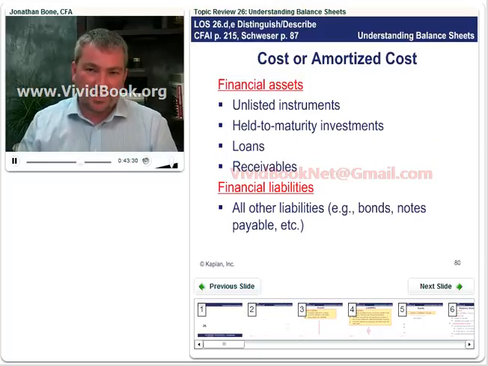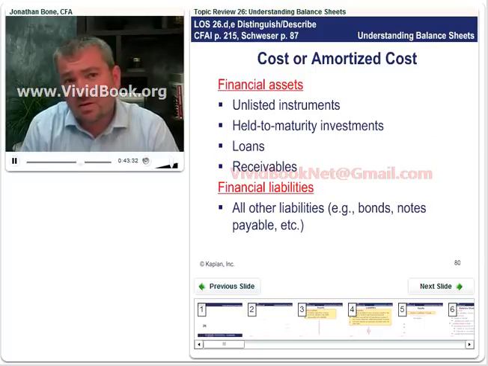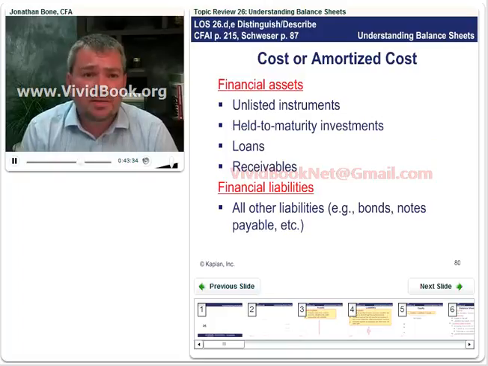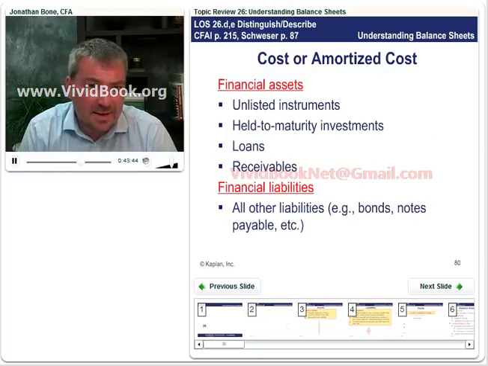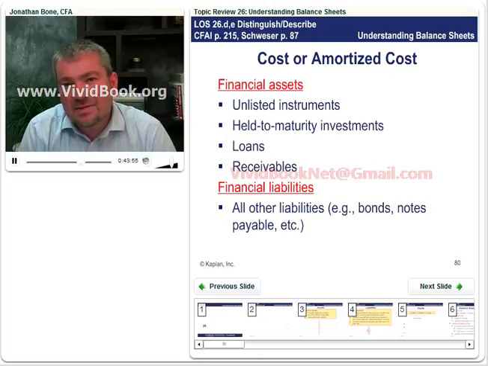Cost or amortized cost. Now, remember, when we talk about cost, we're typically talking about purchase price and any costs involved in getting the asset into location and working condition. So for financial assets, it's unlisted instruments under US GAAP. So, unlisted debt and equity. Held to maturity investments. Now these are actually at amortized cost. If you have held to maturity investments,